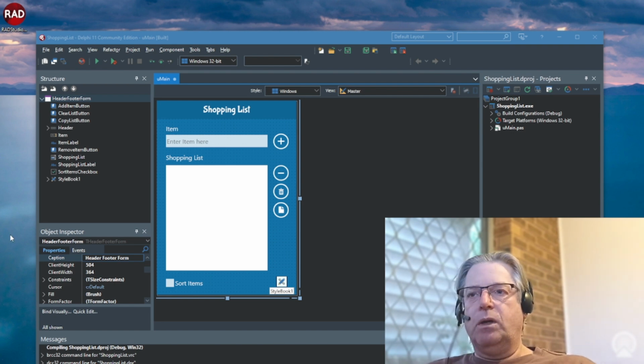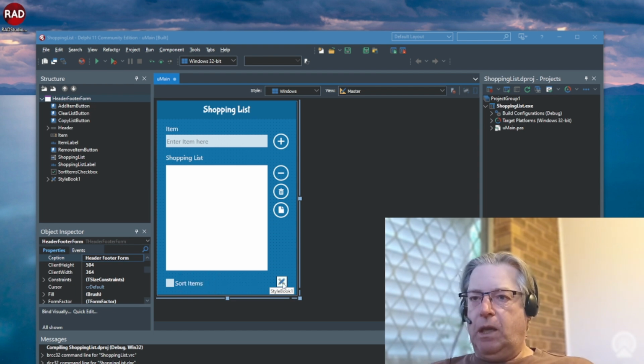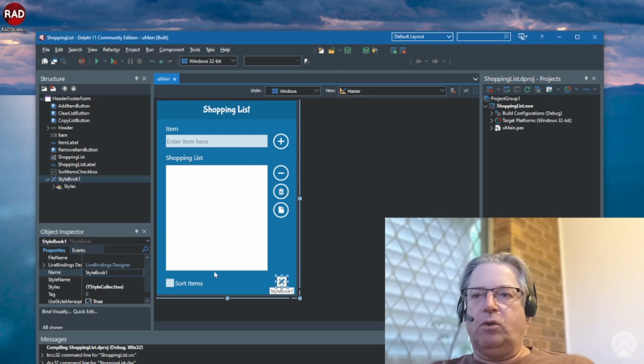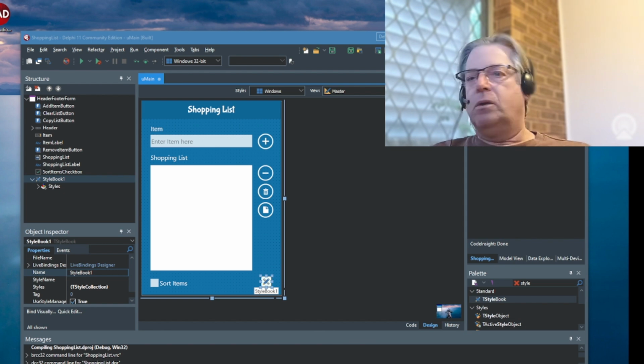So here is the window that you can see. You can also see from a design perspective, the main difference is the inclusion of the style book. Probably this might be the best thing to look at first, since we're there, and talk about style books. Essentially what a style book does, as the name implies, is allow you to style the application. Once you have added a style book into the application, you can then